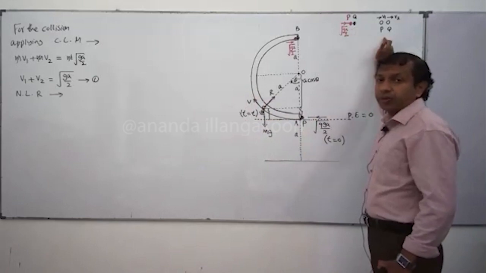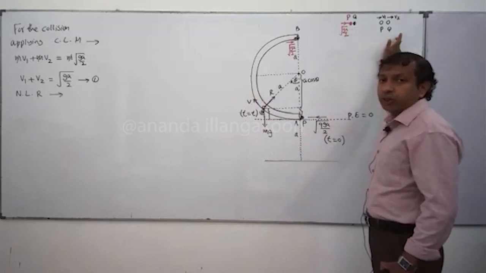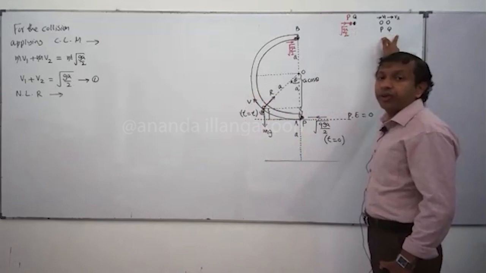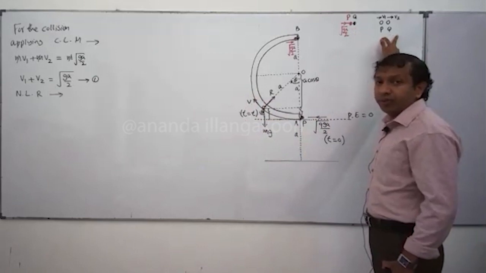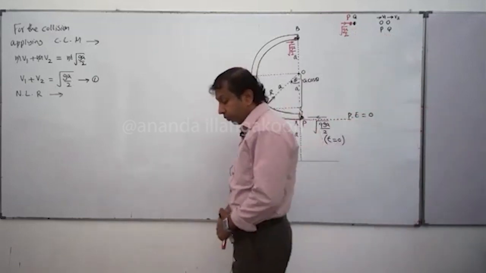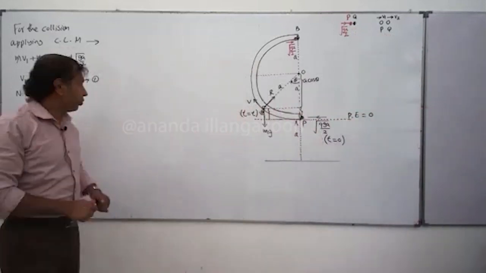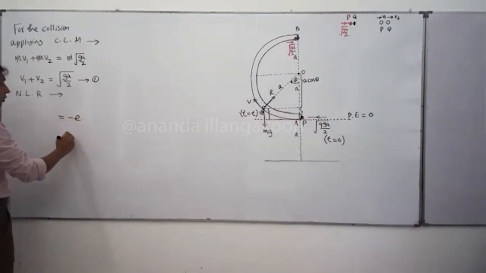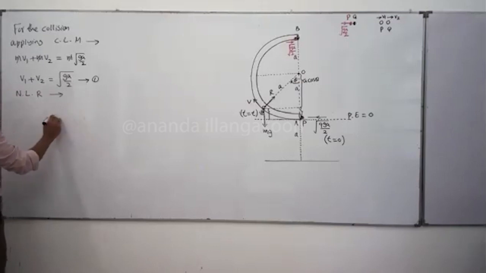After the impact also, by stopping this Q, we'll find the velocity of P to find out the relative velocity. Then we have found the velocity of P relative to Q. Apply Newton's law of restitution. It is minus e times